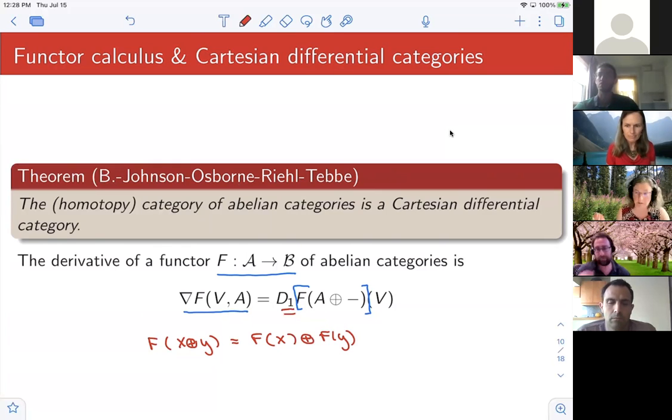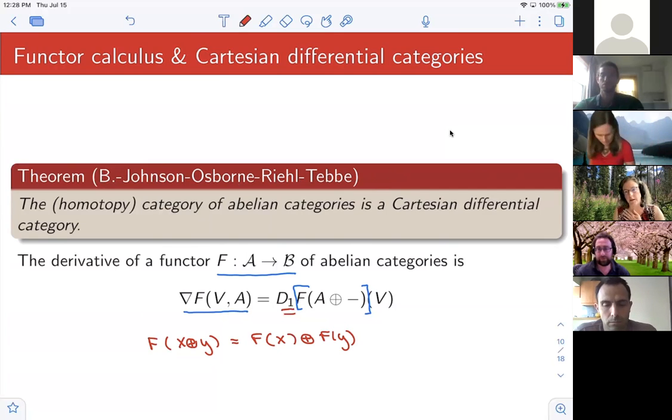I just preserve the byproduct. That actually turned out to be the thing that made it so that abelian categories work very well. And in fact, in the work that I did with Michael Ching and Matthew Burke, this is in general a property of stable categories. So we showed that there's always a tangent structure, but when you restrict to functors between stable categories, it's always a Cartesian differential category for exactly this reason. So I'm not sure that that's fully answering your question, but this is kind of the key thing.